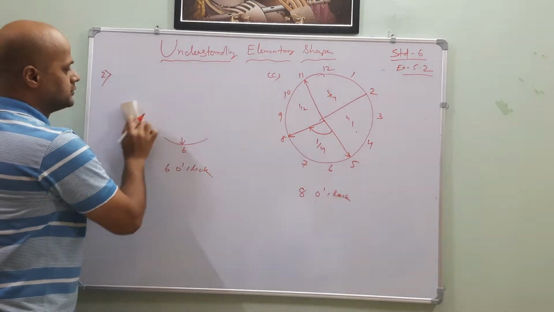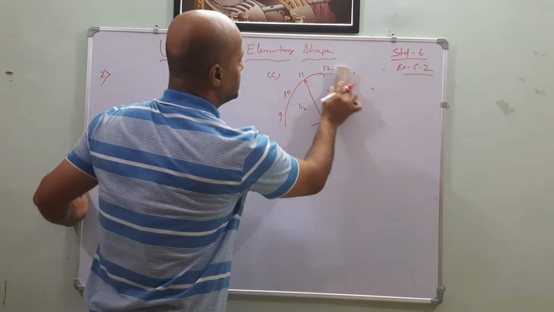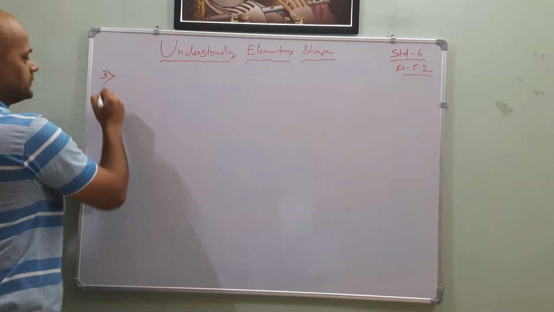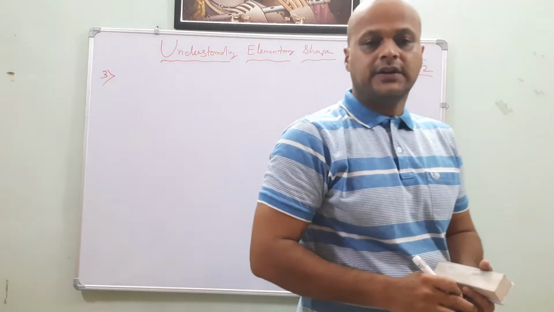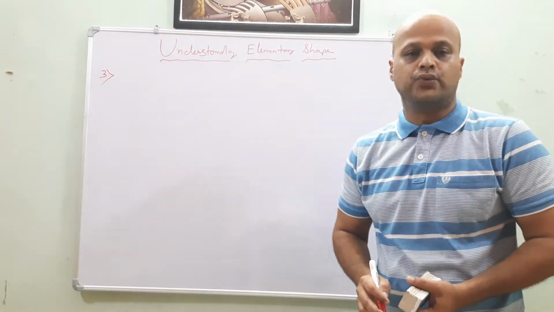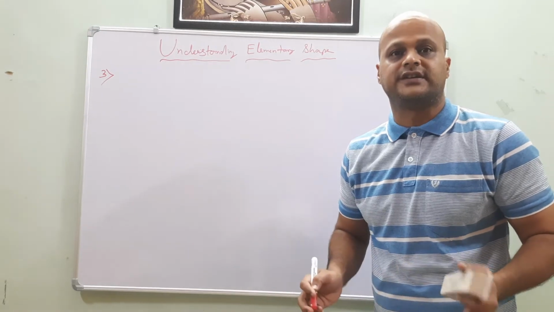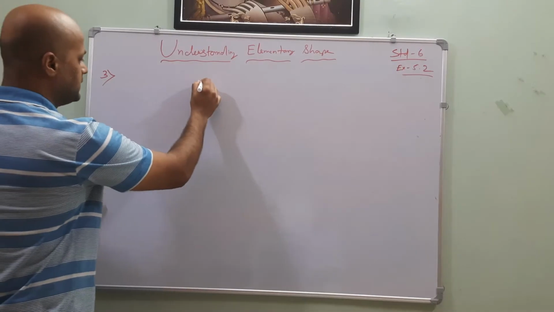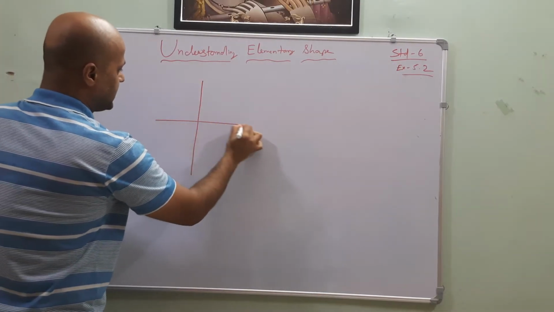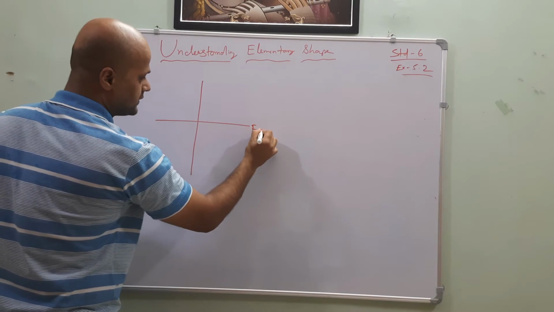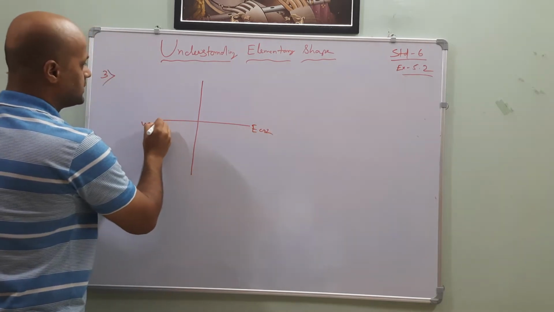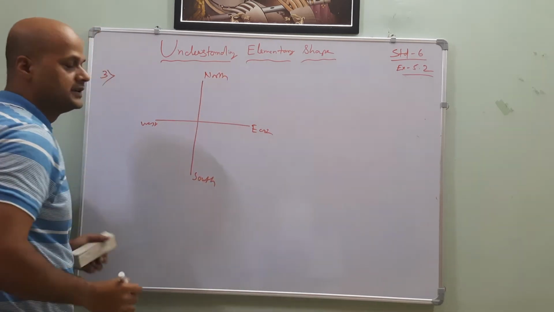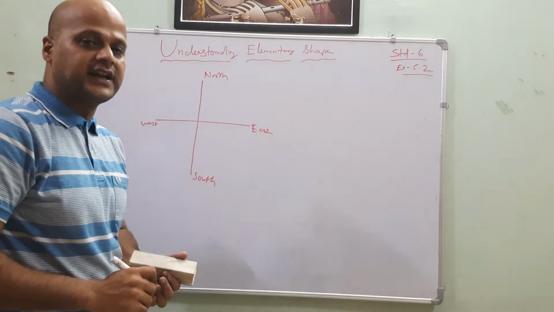Next, go to the third one. What is the third one saying? The third one is saying which direction you will face if you start facing. Now coming to the facing. We know that 4 faces are there. What are they? East, west, north and south. Yes or no, my dear friends? Now it's saying which direction you will face.